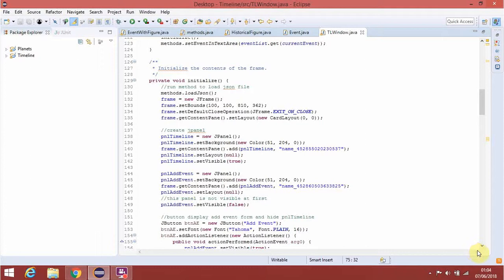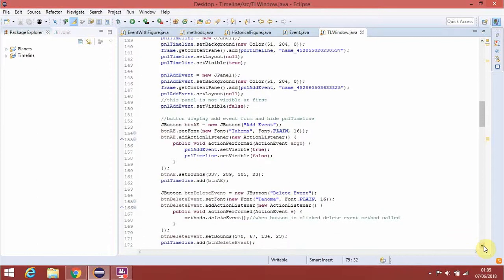And if we scroll down, we have some JPanels here, and the first panel whose visibility is set to true is our panel timeline. That's set to true because that's the first one shown, and the other panel, add event panel, is not displayed first, and its visibility is set to false. And if we scroll down,